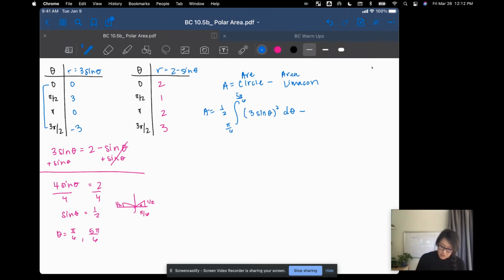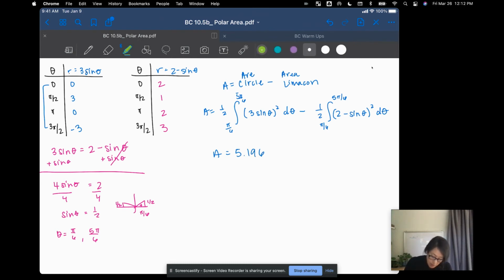So I have 1/2 times the integral from pi over 6 to 5 pi over 6 of 2 minus sine theta squared d theta. When I do this in my calculator, I get